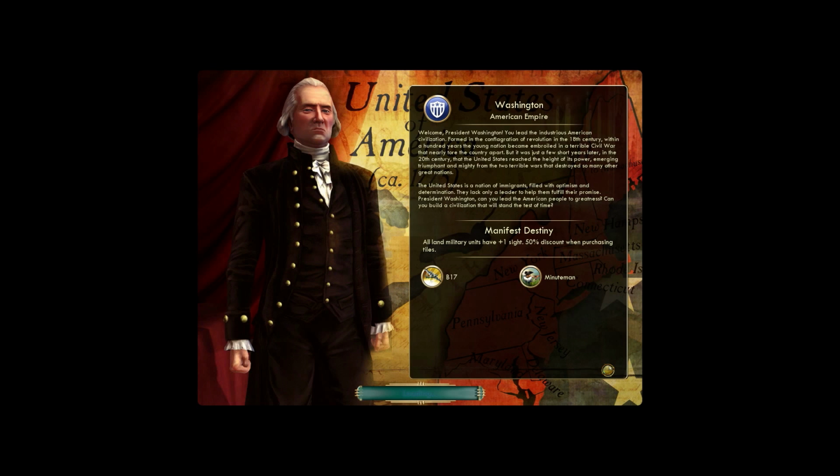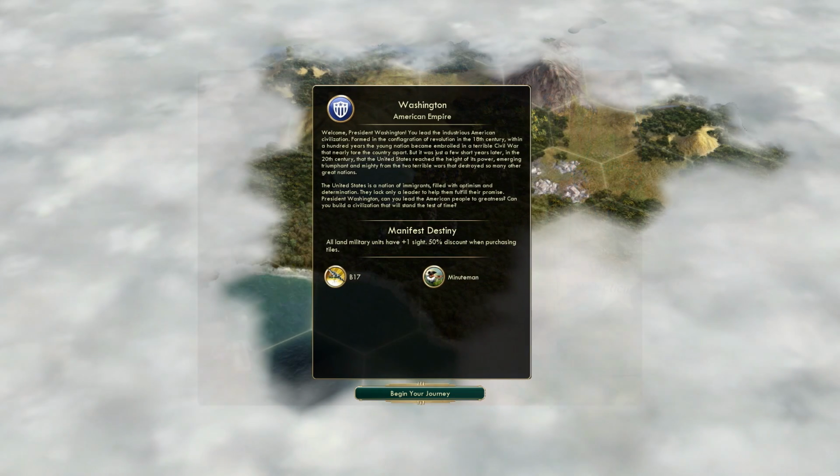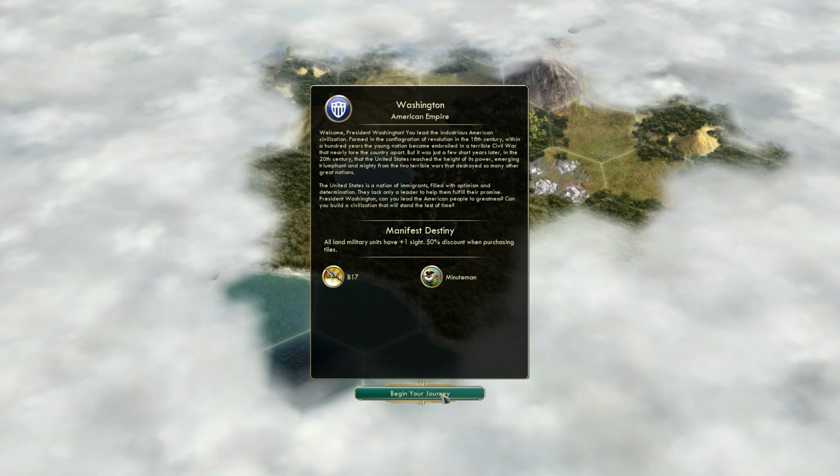Welcome, President Washington. You lead the industrious American civilization. Formed in the conflagration of revolution in the 18th century, within 100 years the young nation became embroiled in a terrible civil war that nearly tore the country apart. But it was just a few short years later, in the 20th century, that the United States reached the height of its power, emerging triumphant and mighty from the two terrible wars that...